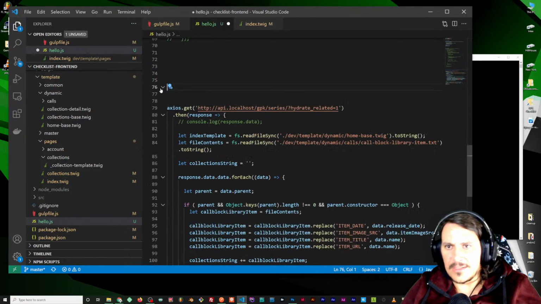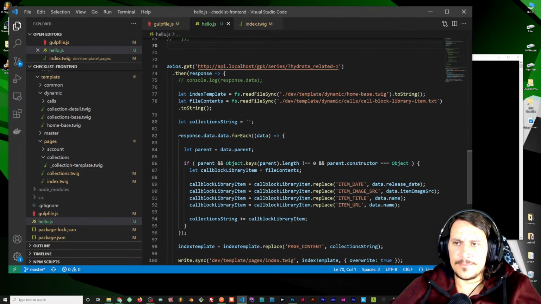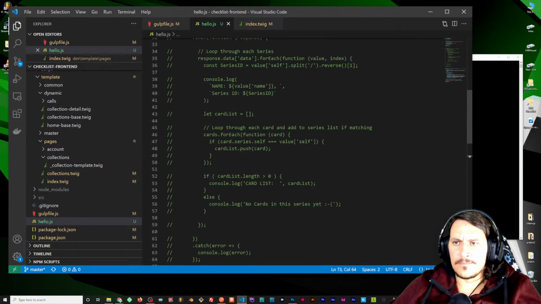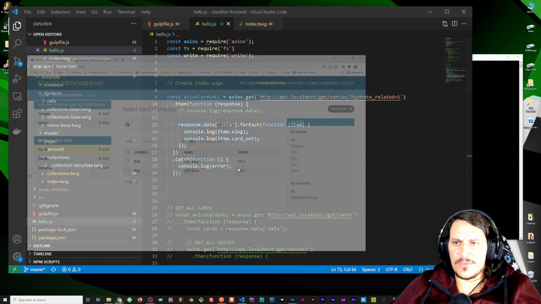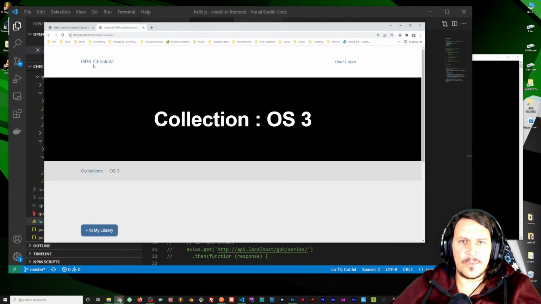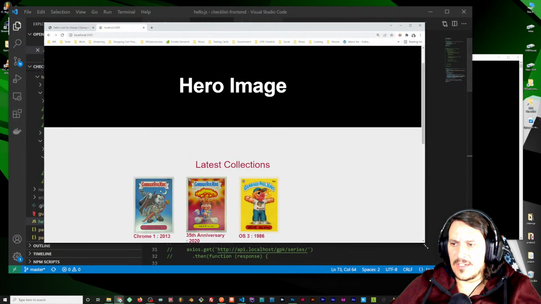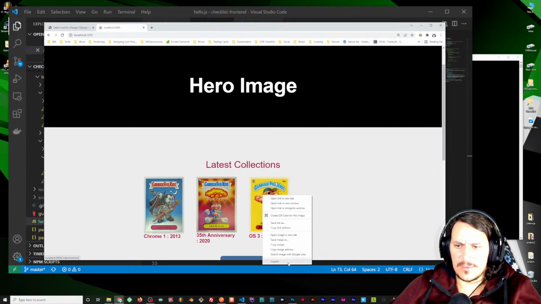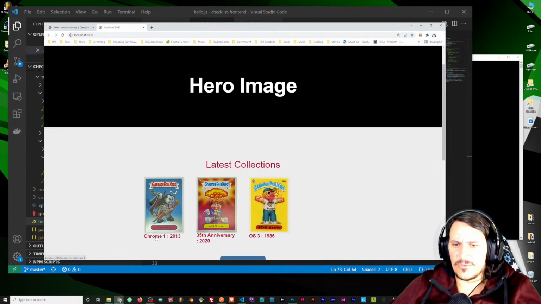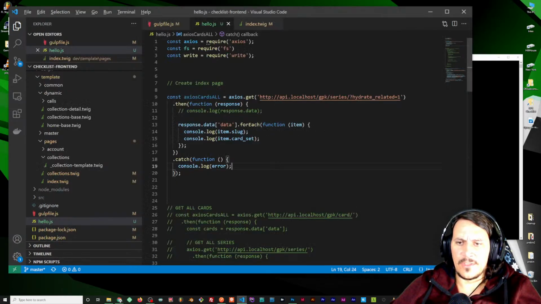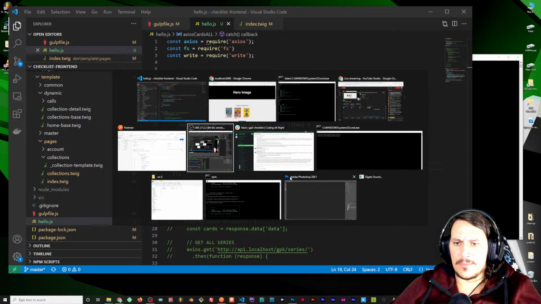Let's comment this out. I don't even need that at all. So this is for the home page basically. So if I'm on the home page, this is hard coded, I believe, because Chrome 1 doesn't exist and 35th anniversary doesn't exist, stuff like that. So what I'm going to do is